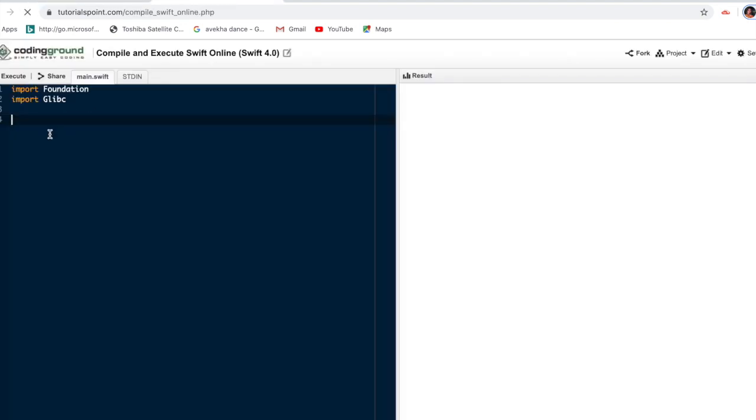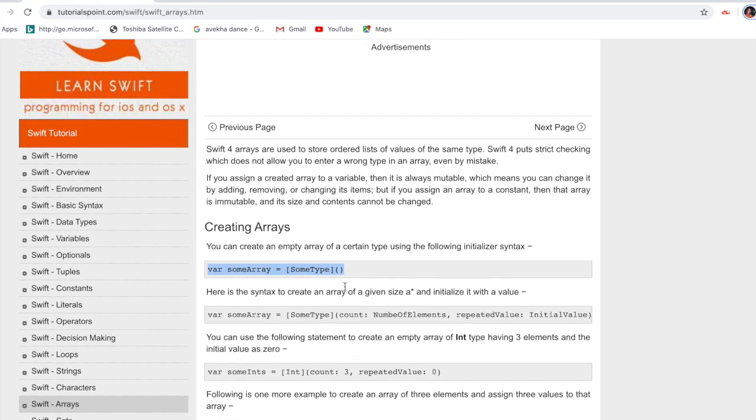I have already shown it. This way: var, then write the variable name equal to, then bracket open, in this we must write the type. Then open bracket and close. This is a way to mention it. For example, I'm showing you var count, and count is equal to, I am setting which data type. It is set to int and initially is set as nil. That is the meaning here.